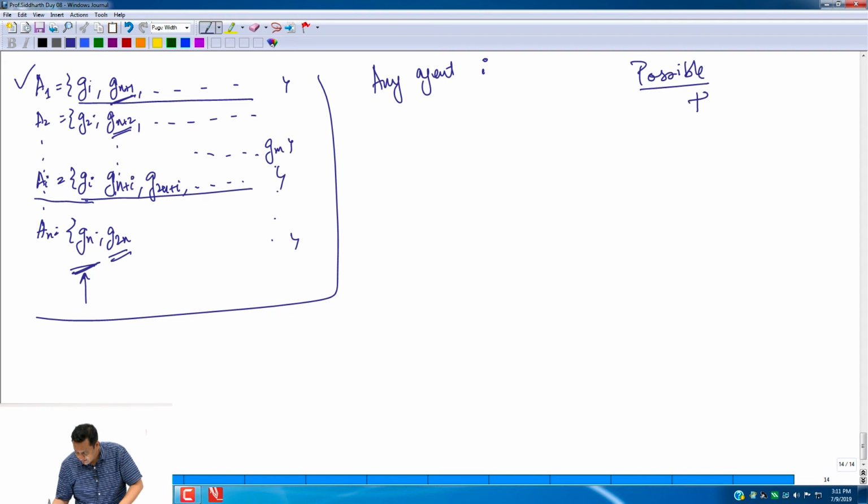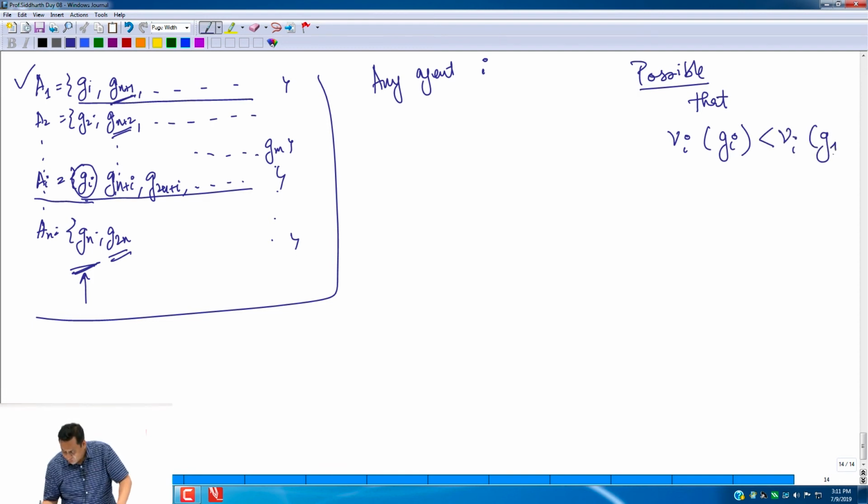It's possible that V of Gi, where Gi is the good that agent I got to select in the first round of the round robin, is of value less than, say, G1. Possible, right? Because G1 is gone. By the time I came to the round robin buffet, agent 1, having nudged everyone, was already up ahead. So fine, okay. But what's not